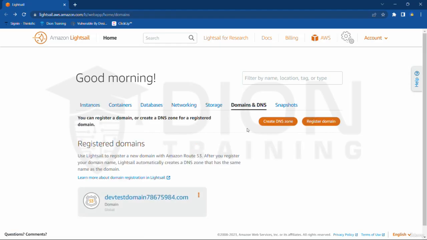Now, if you look at this page, you'll see the registered domains. And it's kind of funky looking. So it's devtestdomain78675984.com. Typically, it's going to be something much simpler, of course, like google.com, yahoo.com, microsoft.com, etc. But I created that just to make sure that it was unique enough to go through the registry